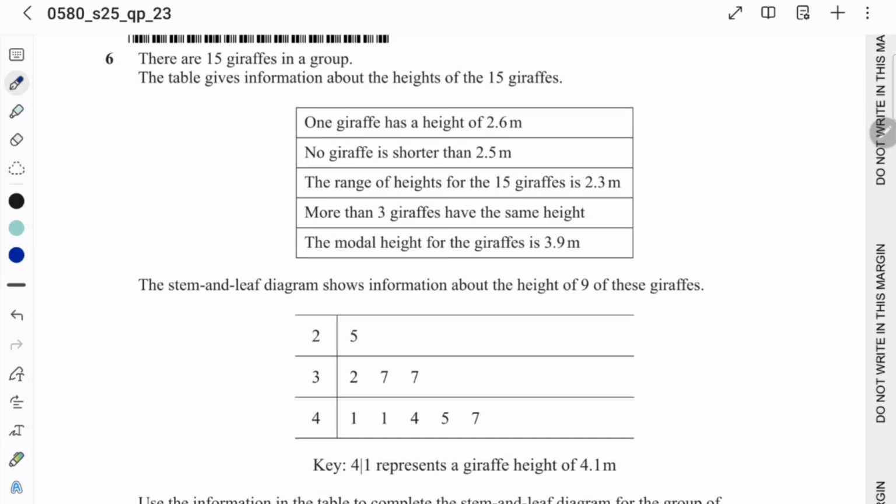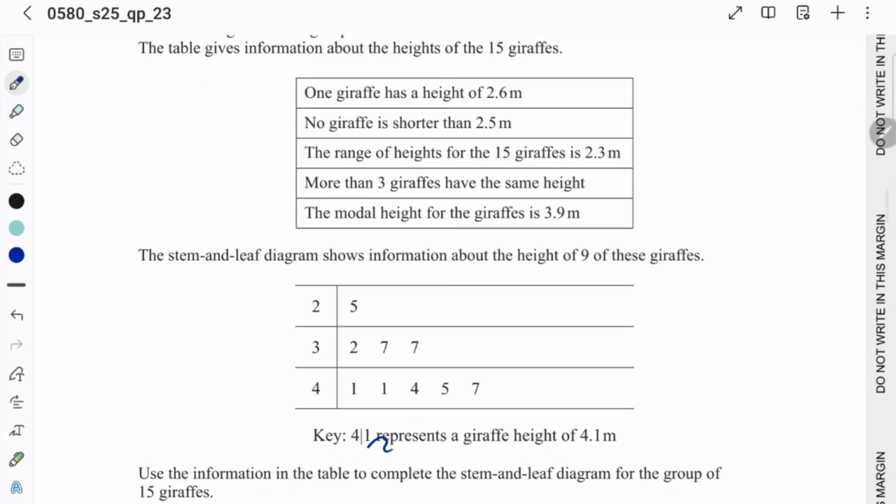One giraffe has the height of 2.5. You know that it is given that if 4 and 1 is written, it means 4.1. So one giraffe has the height 2.6. It means that 2, and then you write down 6 over there. So that is 2.6. No giraffe is shorter than 2.5. It means this is your first number in the data, the least or the smallest number. The range of the heights of the 15 giraffes is 2.3. It means the range means